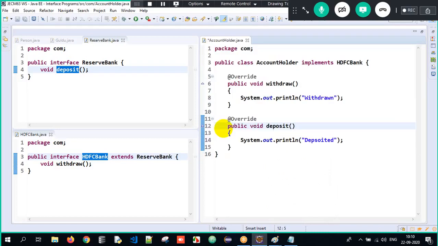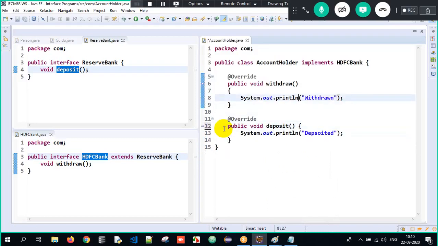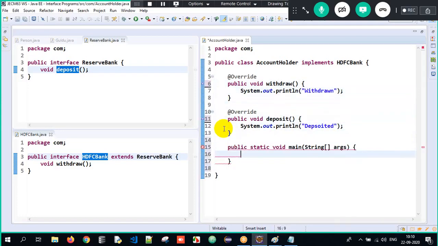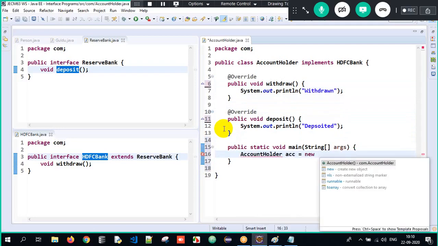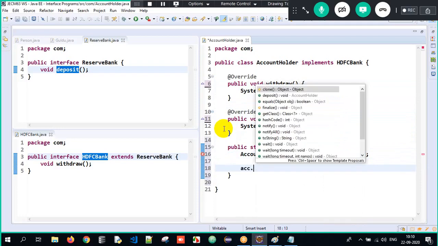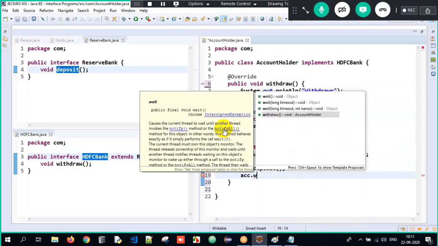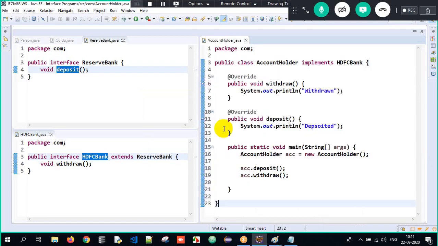But majority of the time, we try to have the curly braces on the same line. Got it here? And then I'll have my main method, wherein the execution will begin. I will create an object of account holder, ACC equals new account holder, and I call ACC dot deposit, ACC dot withdraw.